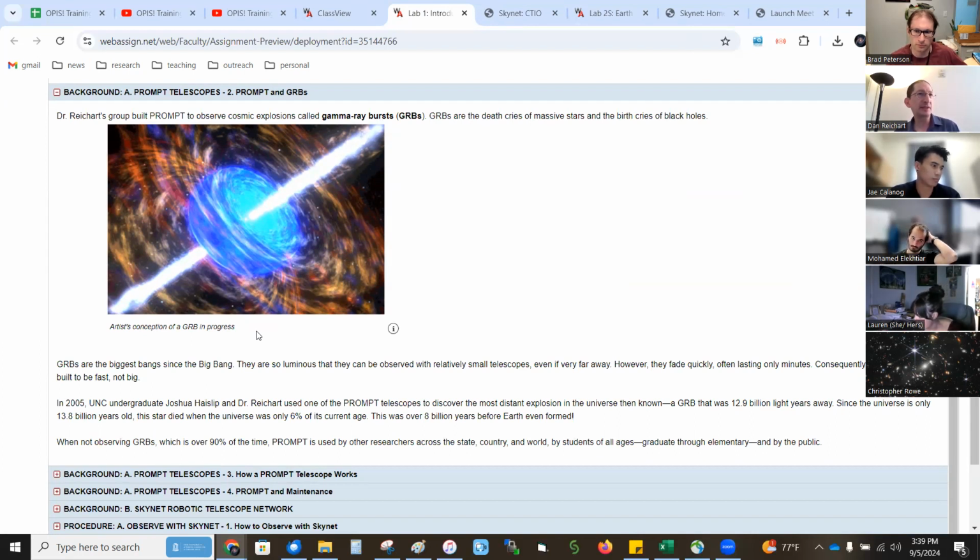And the reason PROMPT is a handful of small telescopes is it was originally built to be a photo-z machine. Basically, these gamma ray burst afterglows emit across the full spectrum, but in the source frame ultraviolet, that light's all gobbled up. And then it gets cosmologically redshifted into the optical band. So originally, each telescope did a different filter. Right now, we have every filter on every telescope because it's more for education and broad-based science now. But the farther away it is, you won't see it in the blue optical.